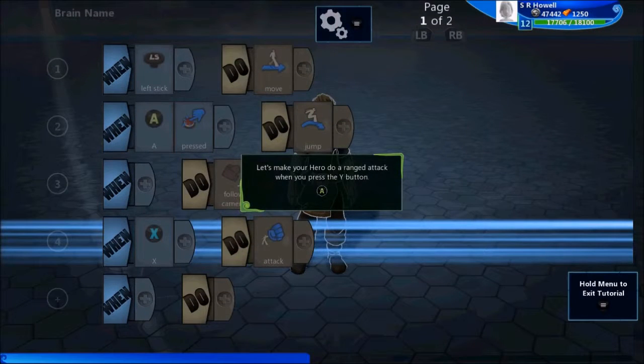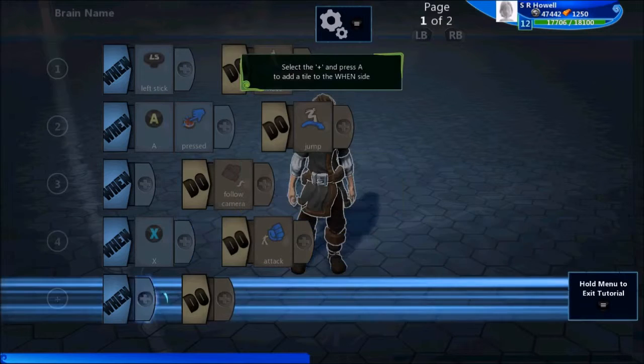And now we're going to do a ranged attack. So if our character had, say, a bow and arrow, a ranged attack would fire an arrow. However, the default ranged weapon for firing a projectile or a missile is a fireball. So remember, don't throw fireballs at your brothers and sisters at home. It's very naughty. So when,